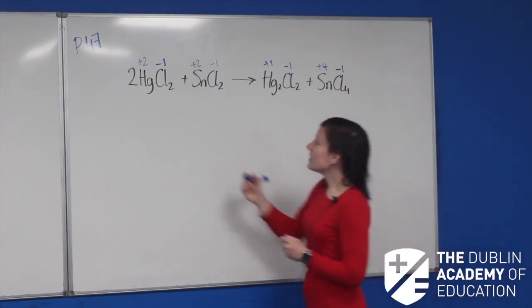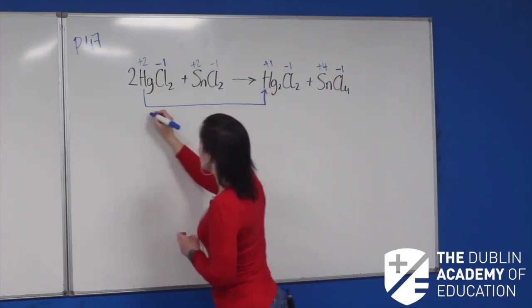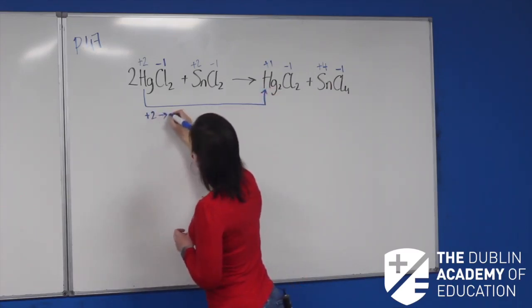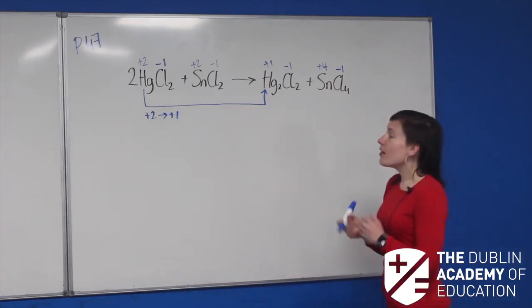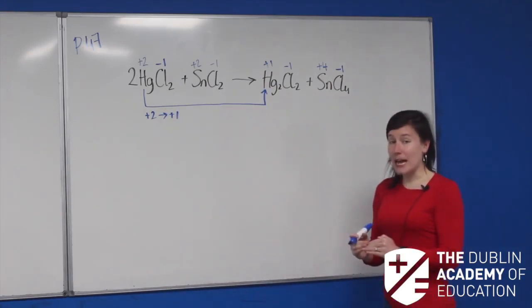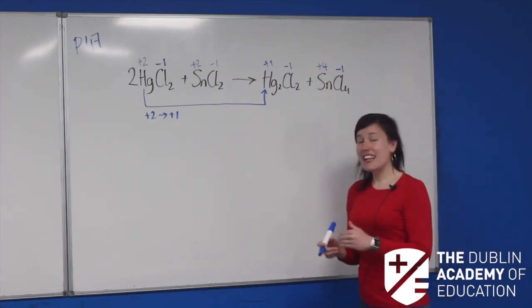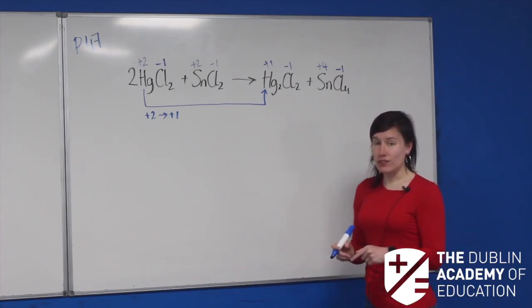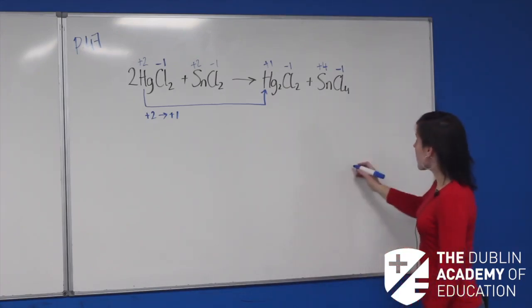Okay, so the first thing we see here is that our mercury has gone from +2 to +1. Okay, so +2 to +1. Now, our oxidation number has gone down. And when our oxidation number decreases, that tells us that the substance has been reduced. Okay, now if we think back to what we were discussing with oxidation and reduction in our last lesson, and we remind ourselves of this acronym,